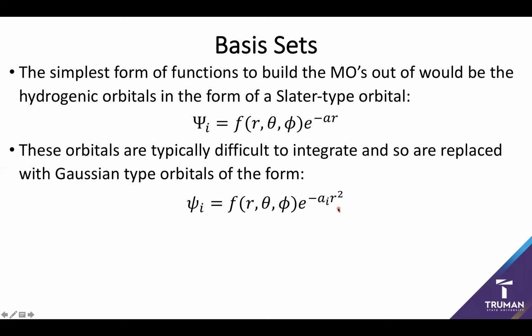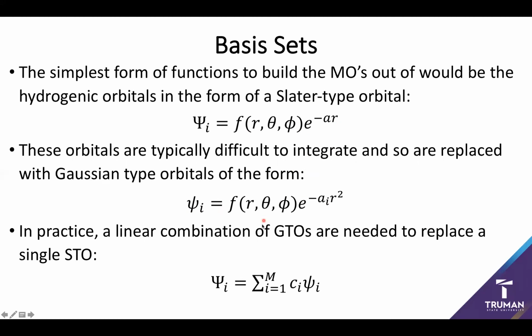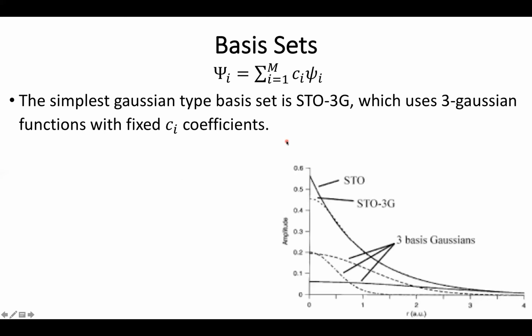However, we do run into this pesky problem of the density is going to be of a slightly different shape. So I want to build up a set of Gaussian type orbitals, or GTOs, that look exactly like a single Slater type orbital. So in practice, the easiest way to do is I'm going to build them up out of a linear combination of several Gaussian type orbitals to generate a density that looks just like a Slater type orbital. So the simplest form of this basis set is called STO-3G. So I use 3 Gaussians, all of which have fixed coefficients, so I don't let these coefficients change as I switch in between